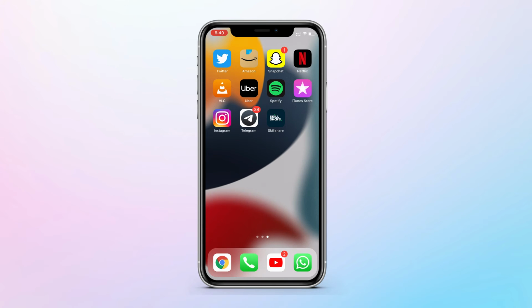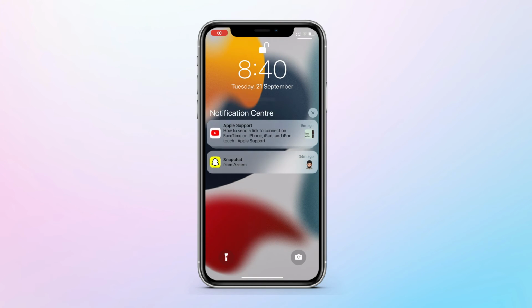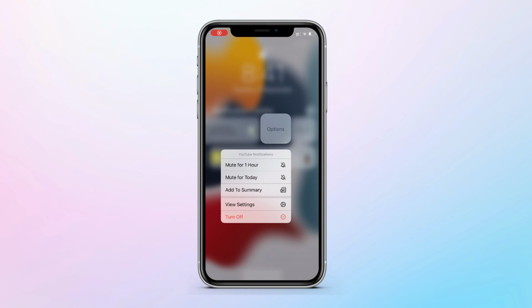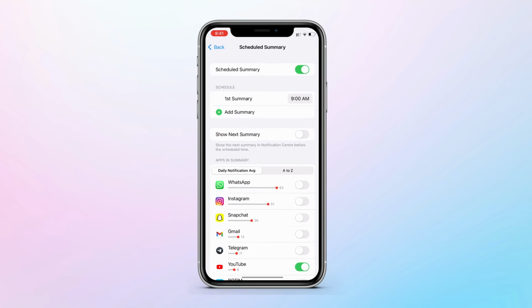As you can see here, the notifications are completely different in iOS 15. You can see that the app icon is more detailed and bigger. And if you swipe over on the notification, we now have an options section which gives you the option to mute for an hour, for a day, or add to summary. You could view settings or turn off, and you would be wondering what the add to summary feature is. Let me show you.